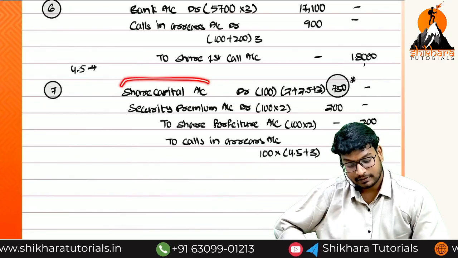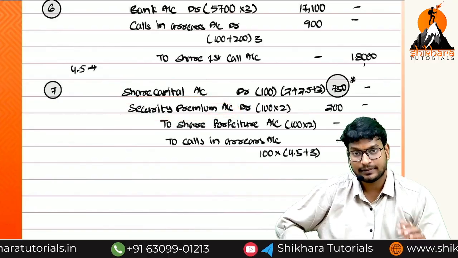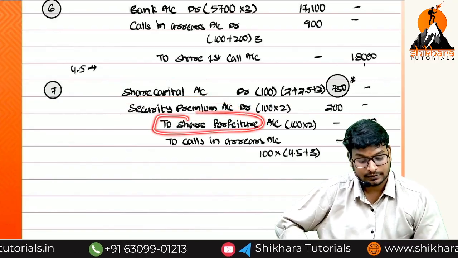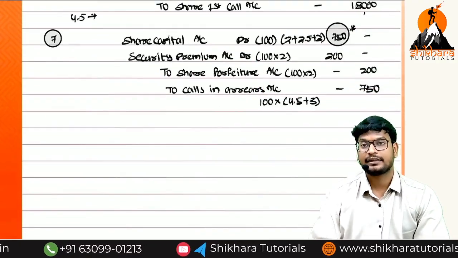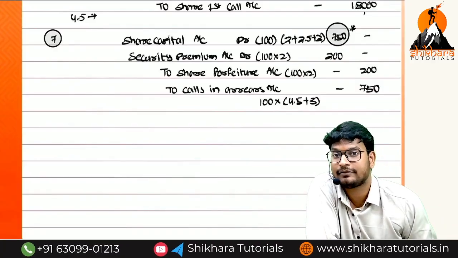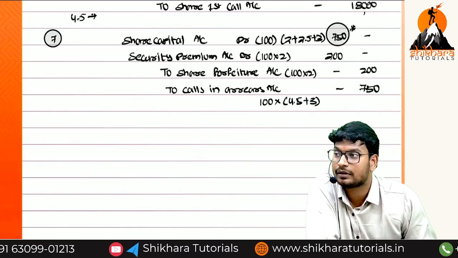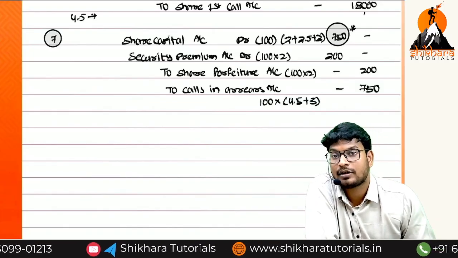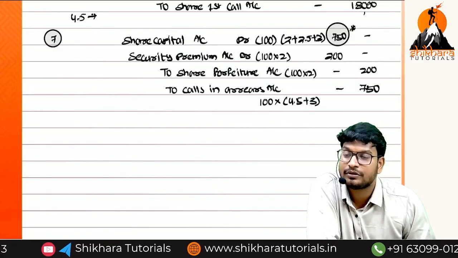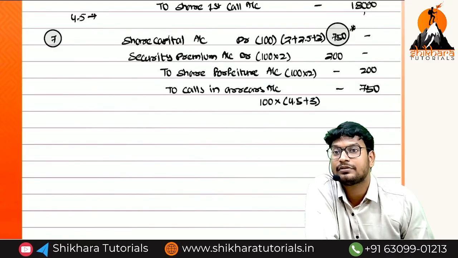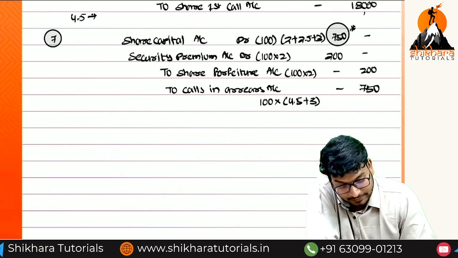In share capital, what do we have to transfer? Face value. Securities premium, only the premium amount. And next, share forfeiture and call scenario. So next, what do we need to write? Entry for the second and final call. How many shares do we have for the second and final call? How many shares have we already forfeited? 100 shares already forfeited. Now the due amount will come only for the 5,900. Now 6,000 will not be there. Okay?